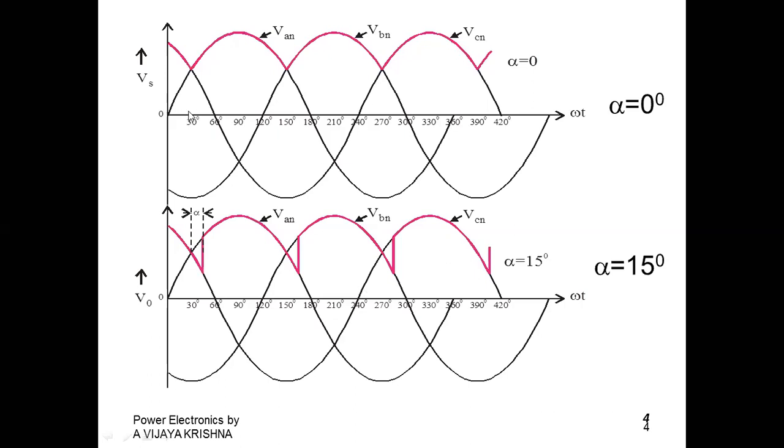Alpha plus pi by 6 means it should be 30 plus alpha. Sorry, 30 plus alpha 0, so 30 only. Therefore, here it should start. Next one, alpha equal to 15 degrees. It should start at some other degree, 30 plus alpha. So in the middle, the value has been taken. If you observe here, it starts from 30 plus alpha. 30 plus alpha means 30 plus 15, 45. Here, this is the 45.